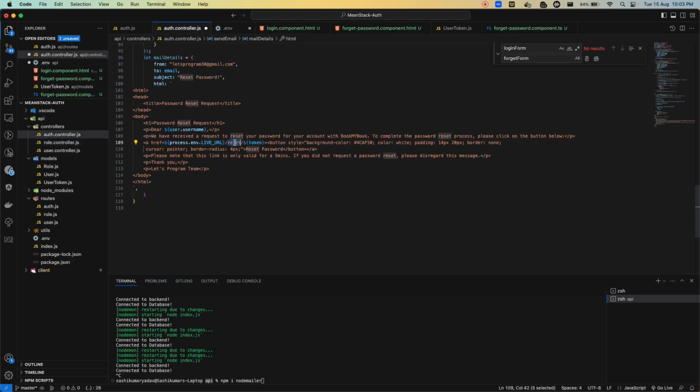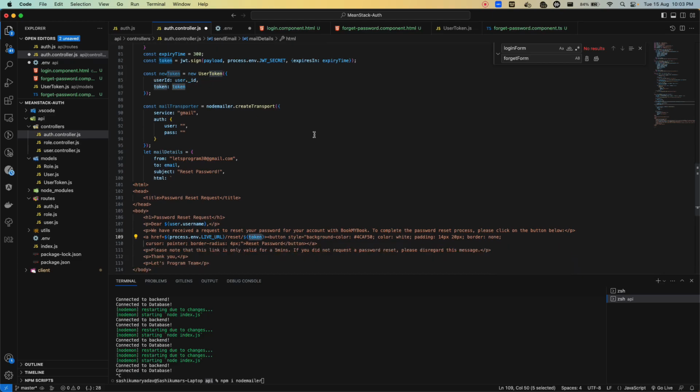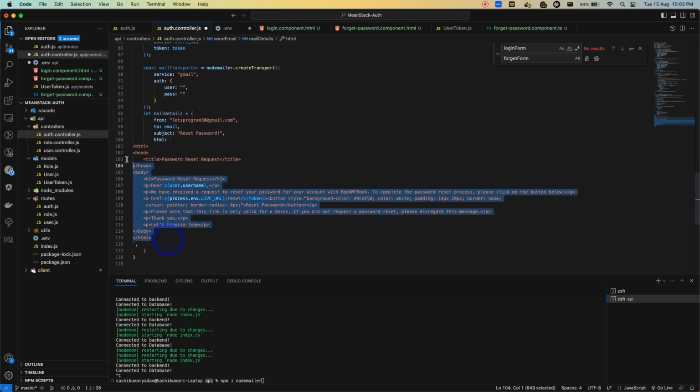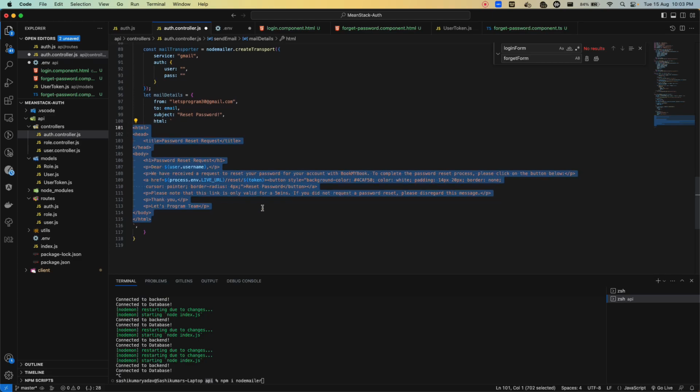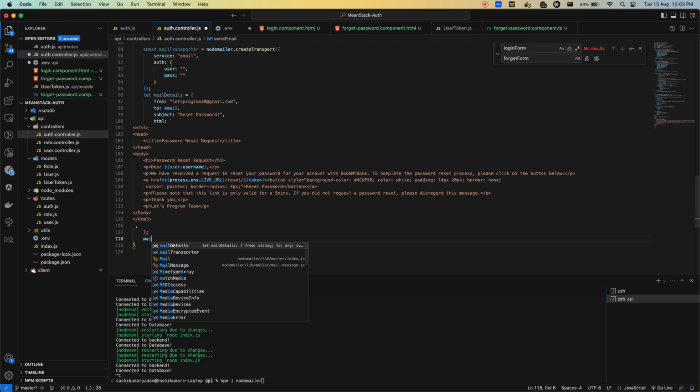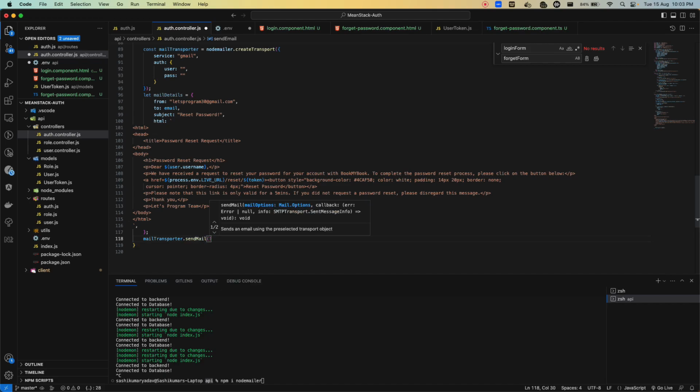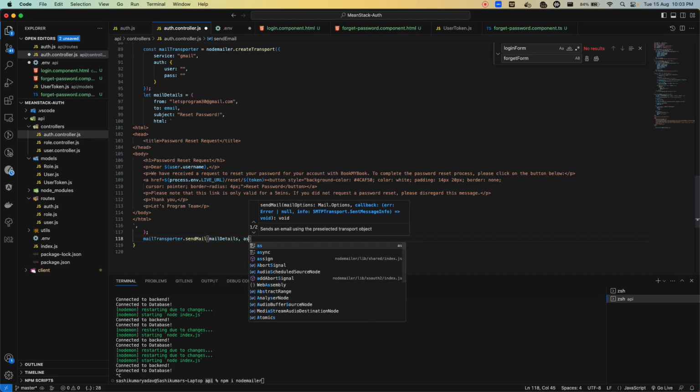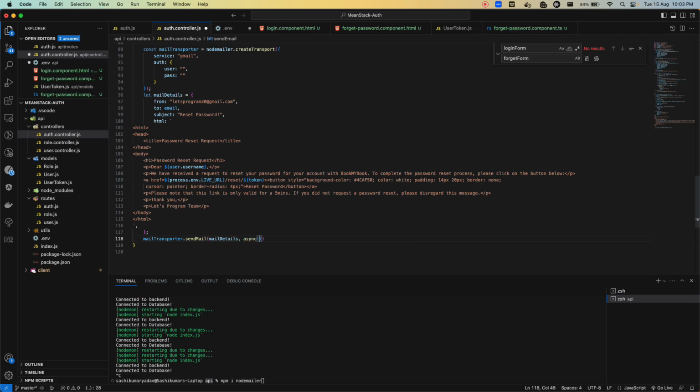Then you have reset slash the token that you created on the top. This token was created by using the payload, and this link you will be sending to the user as an HTML body. Once your mail detail is ready, this is what it looks like, then you will use the mail transporter that you created, dot send email. In the send email you have to pass the mail details, which you created on the top, comma,